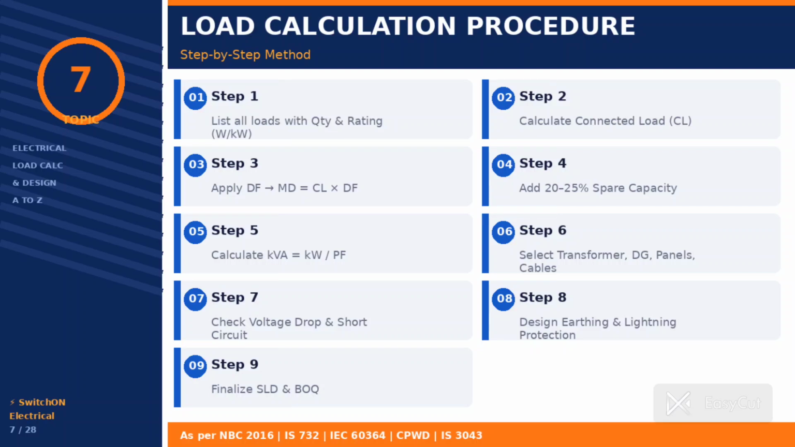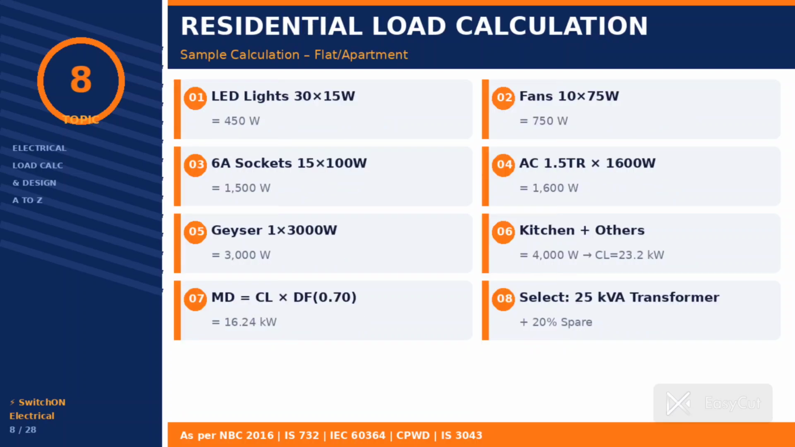This is about the 7th topic. If you see the 8th topic, it is the same procedure but explained with an example. The actual example I have taken is for residential. LED lights, 30 numbers are there, each of 15 watts, so you will have total watt of 450. Like for fans, sockets, AC,